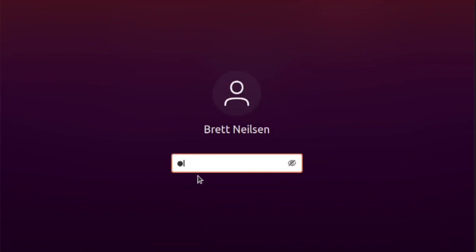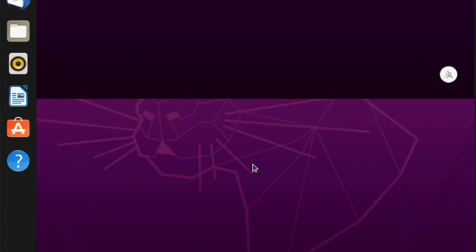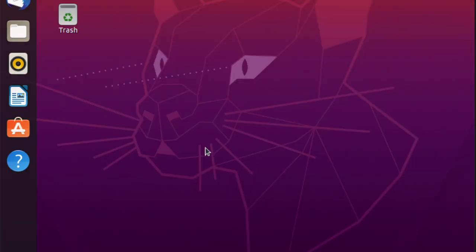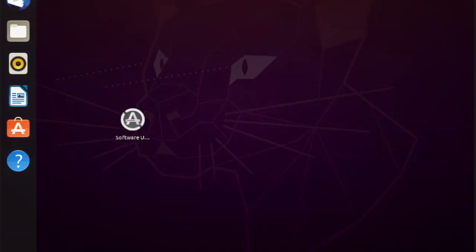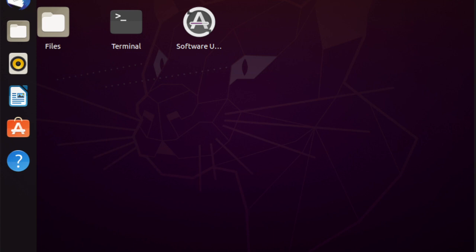So enter password. So firstly you must open the terminal in Ubuntu. There are shortcut keys to open the terminal in Ubuntu. It's Control Alt T, but I'm using the icon here because